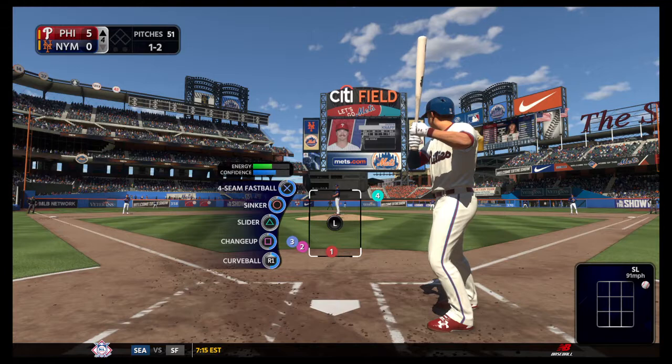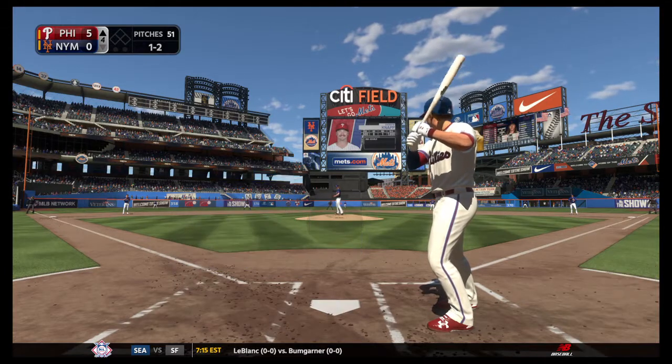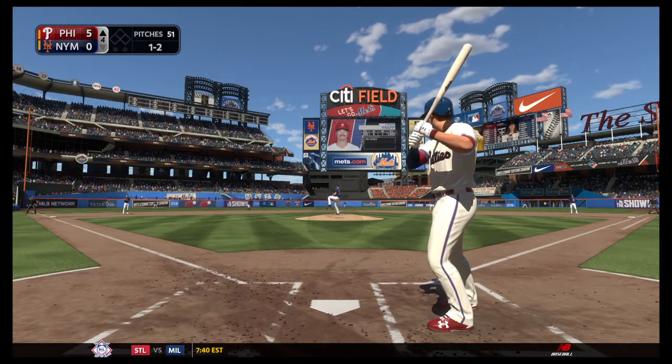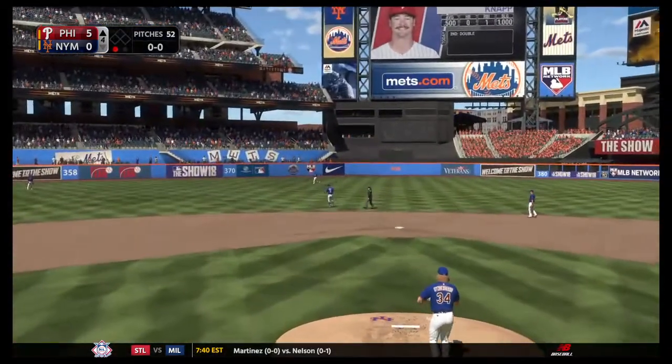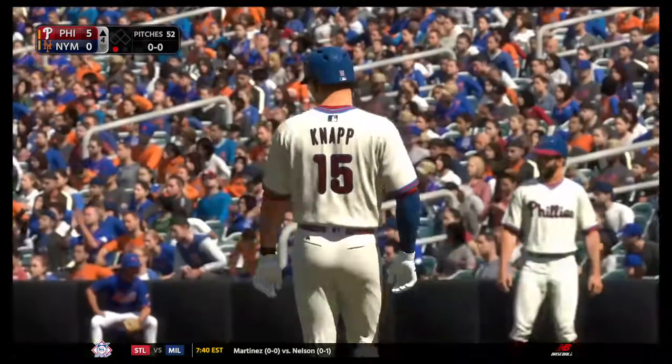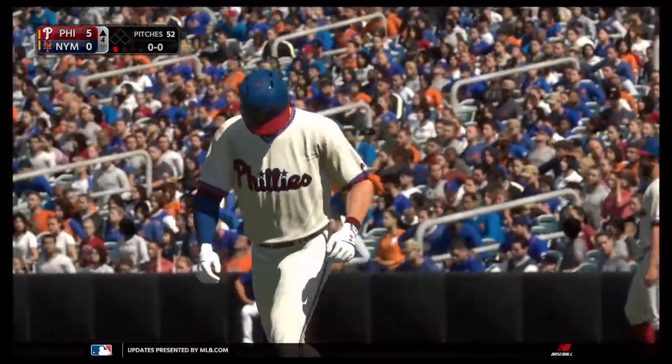Interesting sequence of pitches right there. A real ugly swing on a ball away, and it looks like the batter has a much better idea of what he's looking for after that second pitch. But there to flag it down is the shortstop Reyes, and that's out number one. The pitcher,